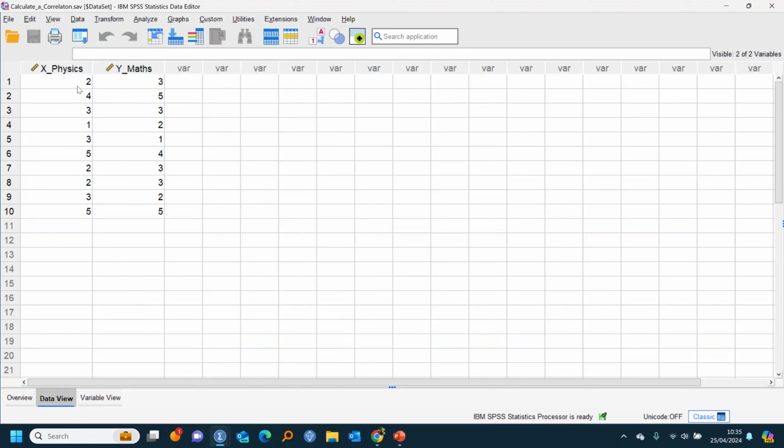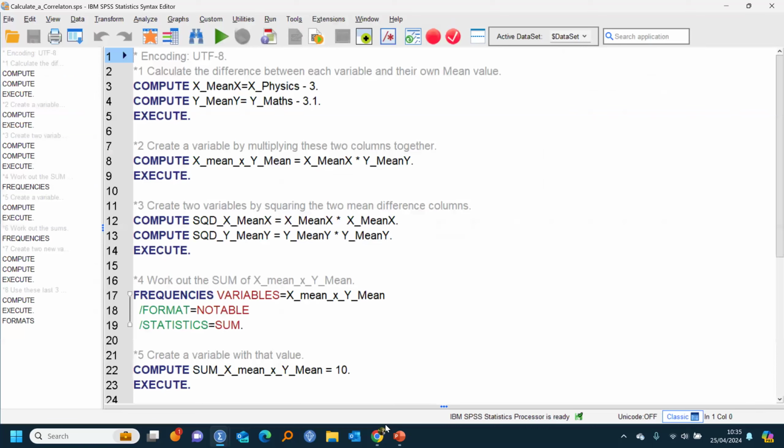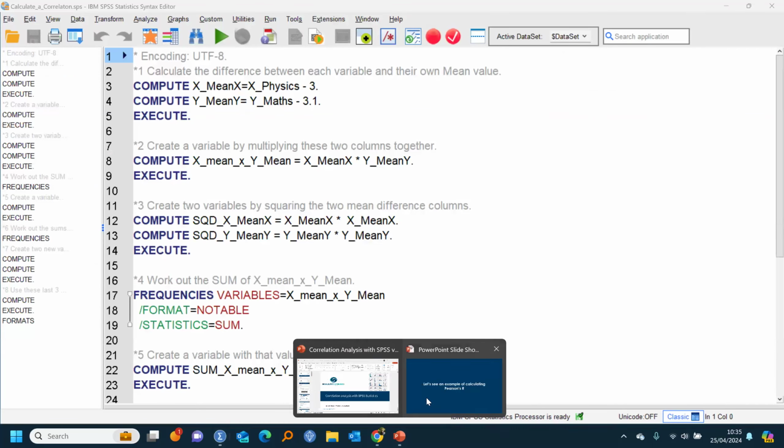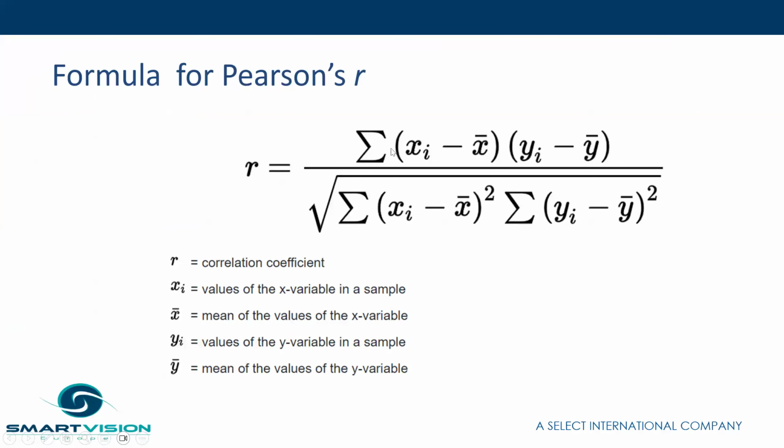Student score on a physics test, student score on a maths test. And we're told that if you're good at physics, you're good at maths and vice versa. Is this true? Is there a correlation between the two here? Well, if we went through this formula that we saw here earlier on, we could actually just calculate each of